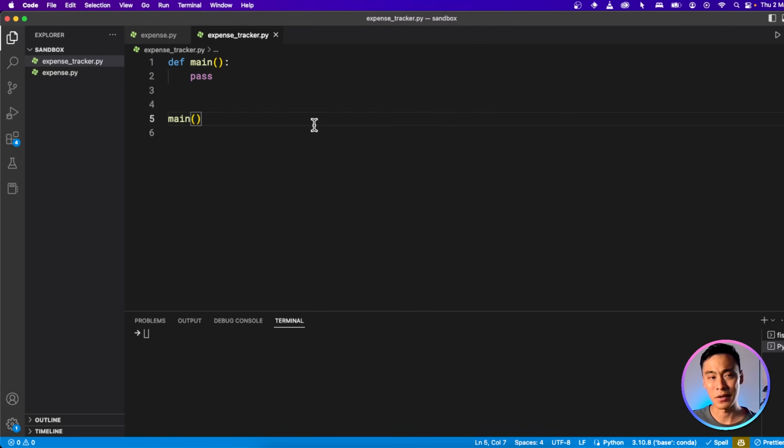Well, it turns out that a lot of the times you build Python apps and Python scripts, but then you have ideas to make it part of another app or make it part of an automated workflow. So you end up reusing your file or your code. And if you just put it like this, as soon as you import that, this main is going to run, and we don't like that.